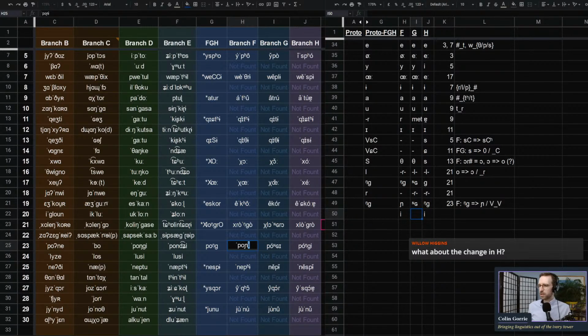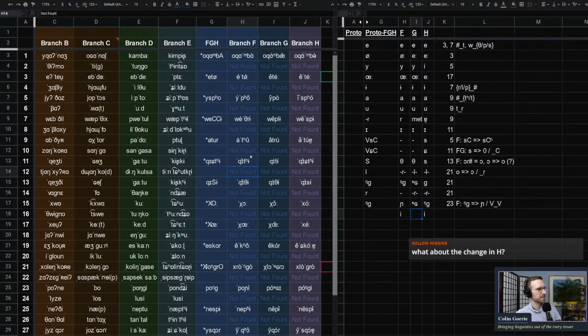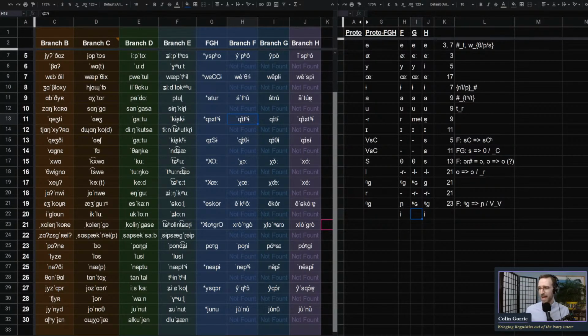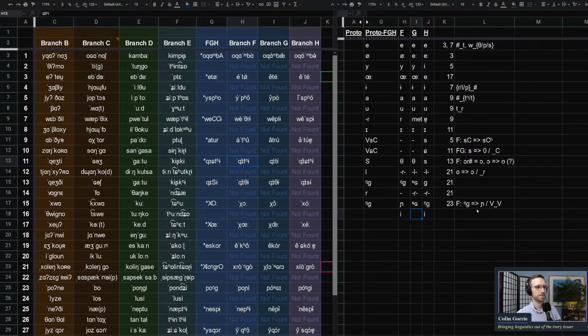It's true that E could have triggered the palatalization, but it doesn't do so anywhere else. Oh, or does it? Do we even have any instances of it anywhere else? We have I, and it seems perfectly happy with uvulars in front of it. Yeah, it's possible that that's also the case.